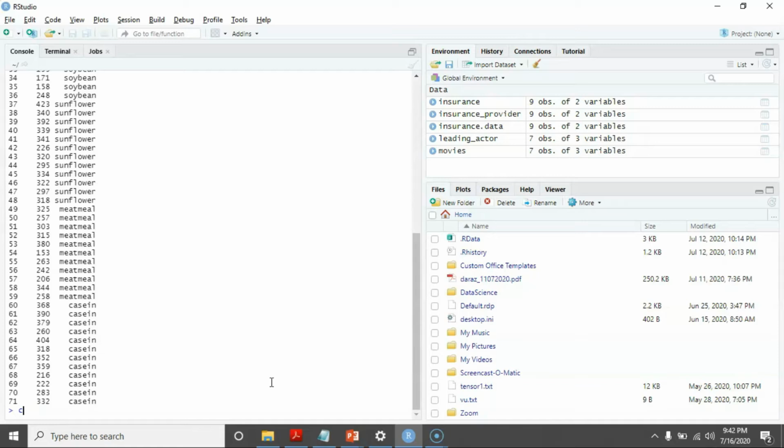For example, I can use it directly here, or I can use it after assigning to some variable. So this is a function which is known as tapply. Okay, I will be using tapply. There are many options available. If you go and read the documentation, you will find there are many options available. But here we are just using a summary. We will summarize our data to get some insight about that data. And once we have that insight, we will try to answer our question, which is about which feed is more appropriate.